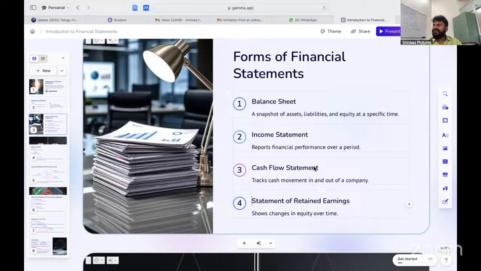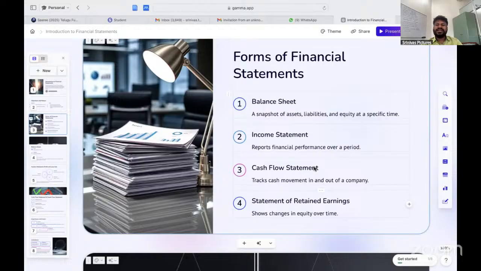Here generally we take current assets and current liabilities, the change in current assets and current liabilities. After that, payments to the suppliers, as well as payments received from the debtors. This we are going to consider.